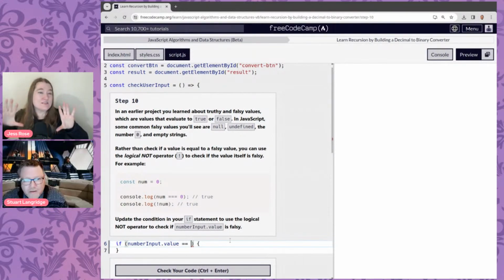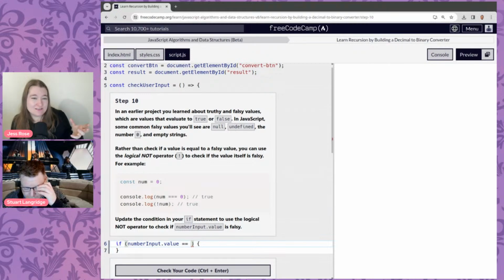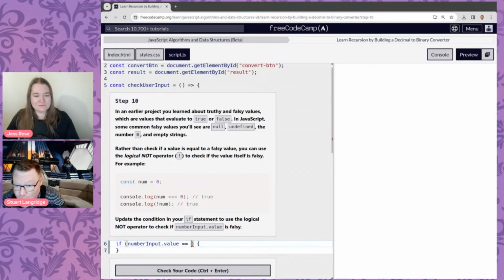is A the exact same as B? Like, are these the exact same? Whereas two equals is like, hey, do these have a vibe that's roughly mostly the same thing, or a vibe that's almost definitely not this? Yeah. So JavaScript has some tricky things about what's equal and what isn't. So if you know that you're comparing against a specific thing, then using three equal signs, using strict equality is